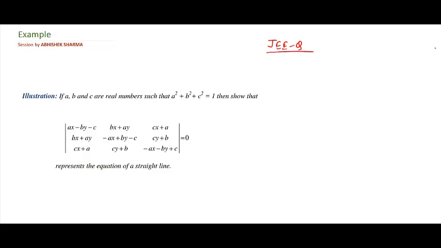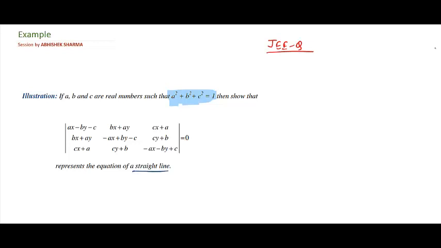and this question was a bit tricky and lengthy as far as the calculations were concerned, but then वापस से यदि हमारा observation अच्छा है तो we'll get the idea. The question involves A square plus B square plus C square, and the question involves the terms of A, B, C, and from there I somehow need to use this condition. So that gives us the motivation to start the problem. We have to prove that this is a straight line.